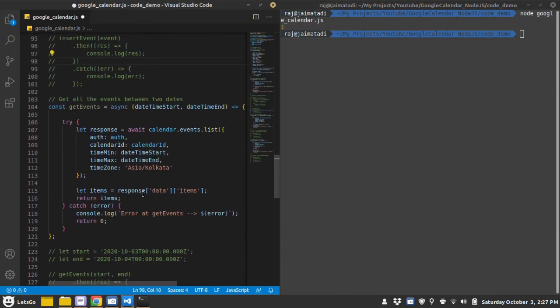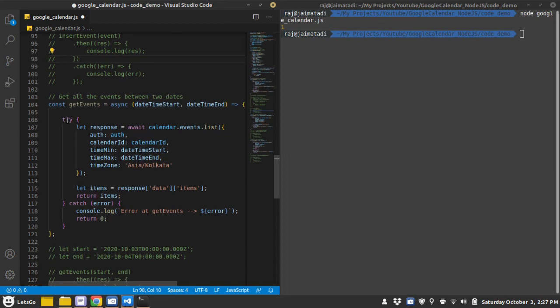The next is to get the list of all the events between two time frames, that is, start time and end time. Again I have put the async await code into try catch. We will print the error and return 0, otherwise return the items.